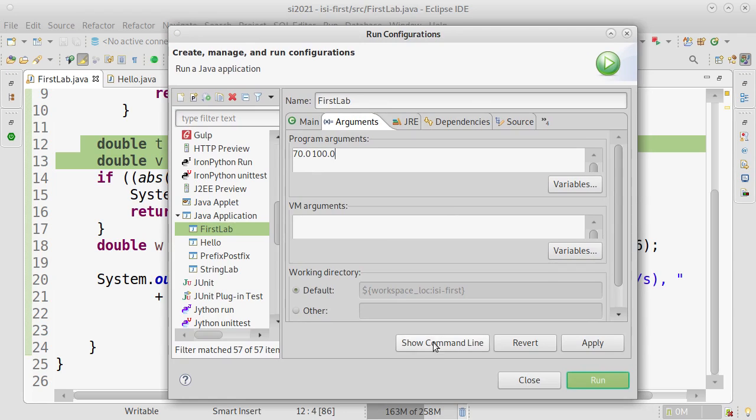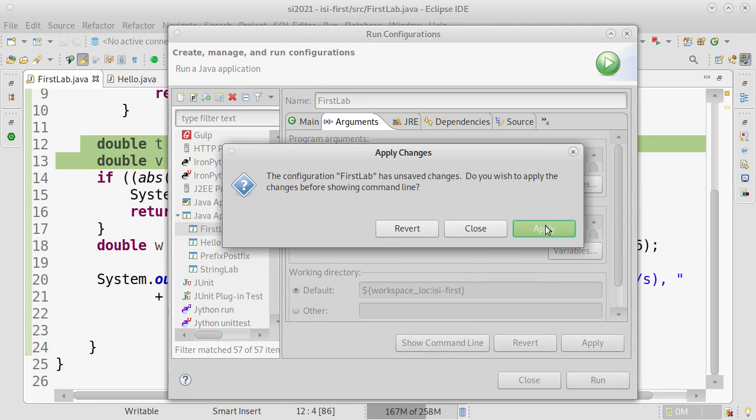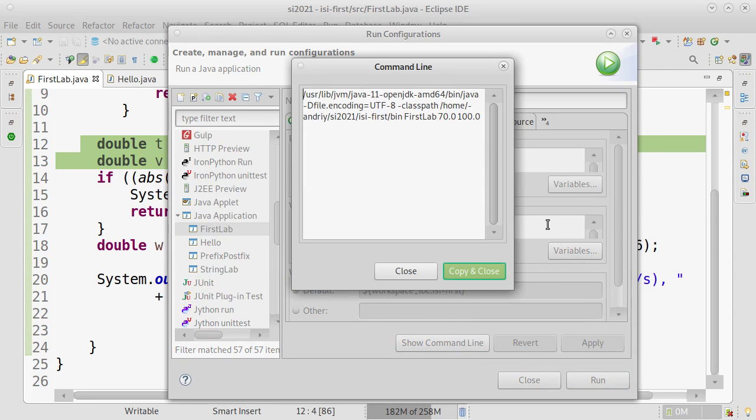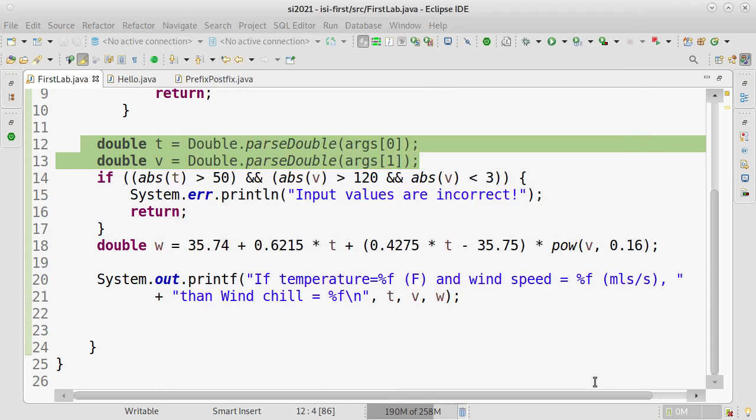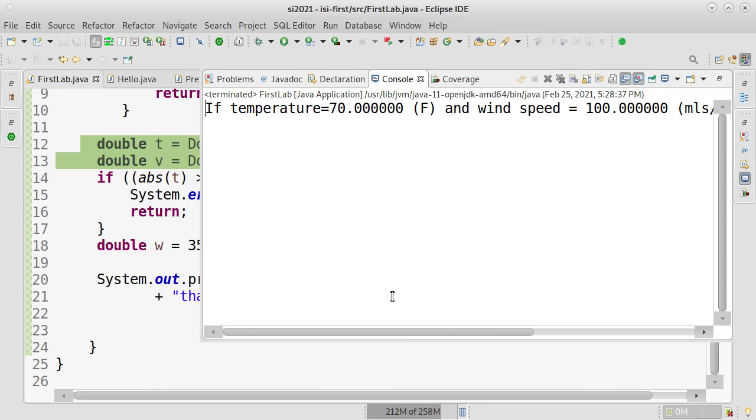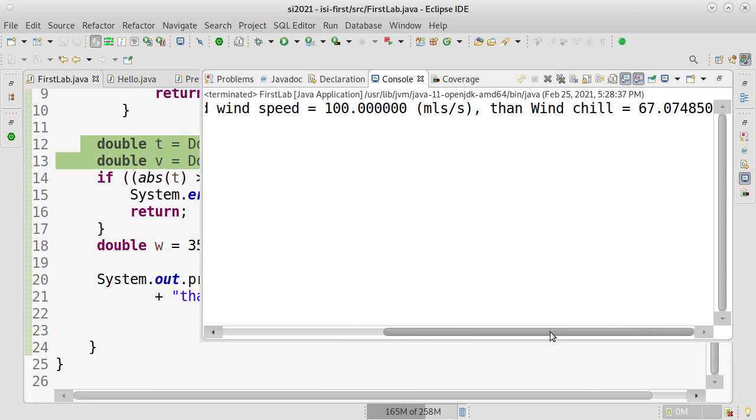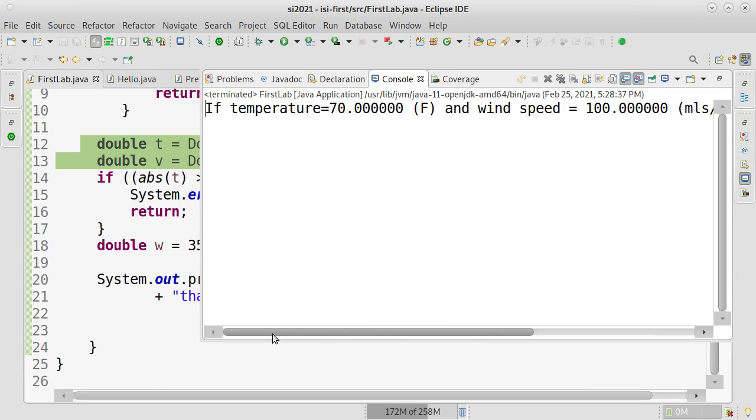So show command line. Okay, so we will run our program this way. Run. And our program runs properly. You see this? That if temperature